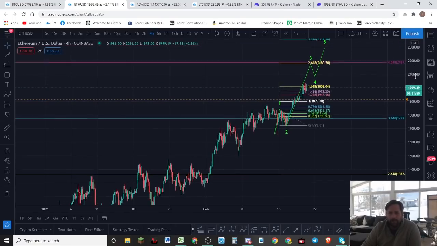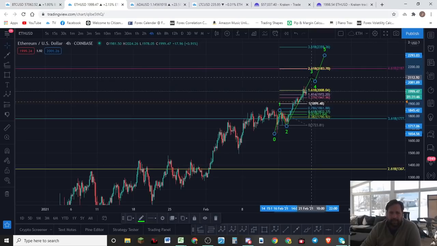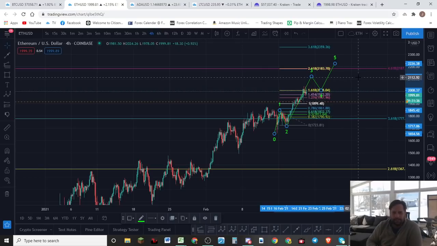But guys, we are narrowing in on a top. If it's not in, it's coming soon to a chart near you. All right, so just letting you know, guys, this is an area to be thinking about taking profits, guys. This is not an area to be greedy. It's an area to be cautious.